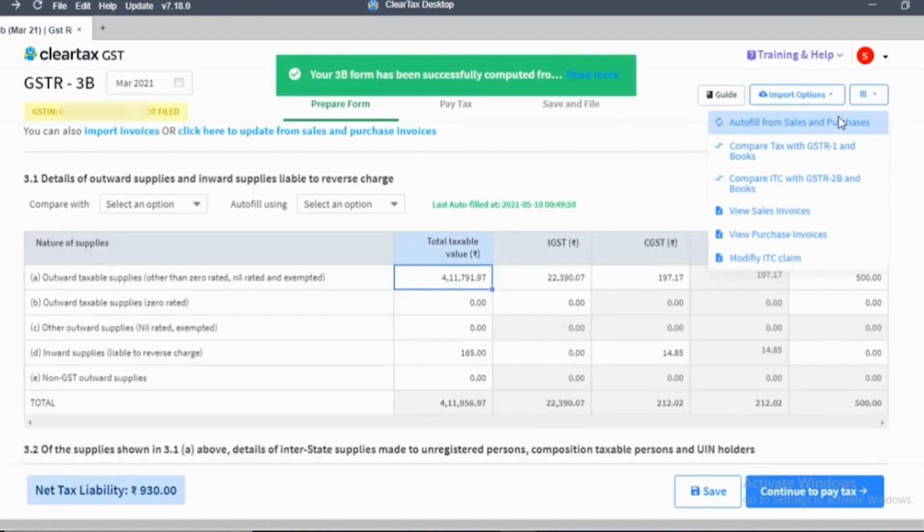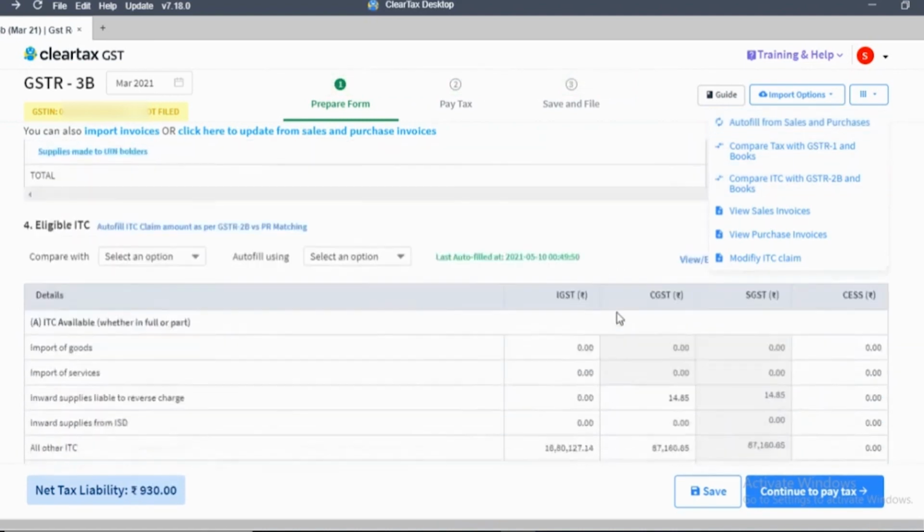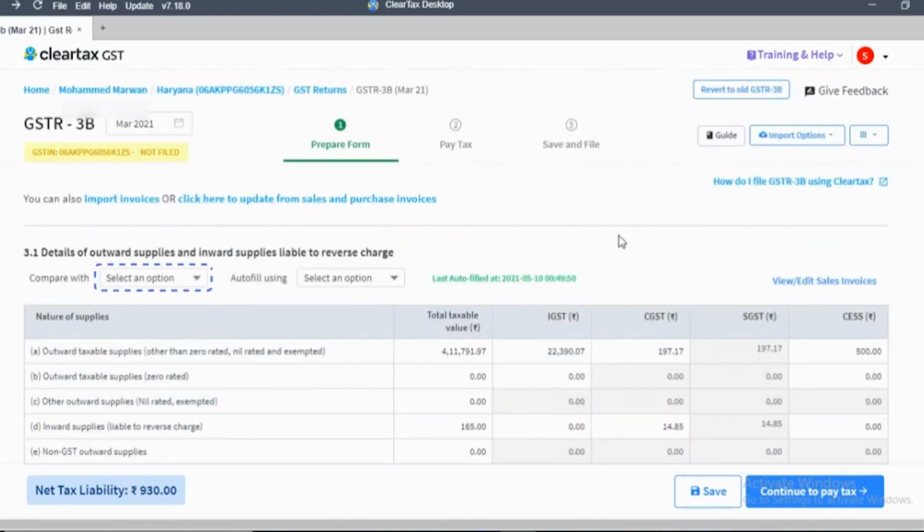Once autofill, your 3B has been successfully computed and the data will reflect below like this. ClearTax is also providing the option to compare its data with under drop-down GSTR 1 and 2B and its sales and purchases. If in case BIS wants to view and edit its sales invoice, BIS can click on the same option here.